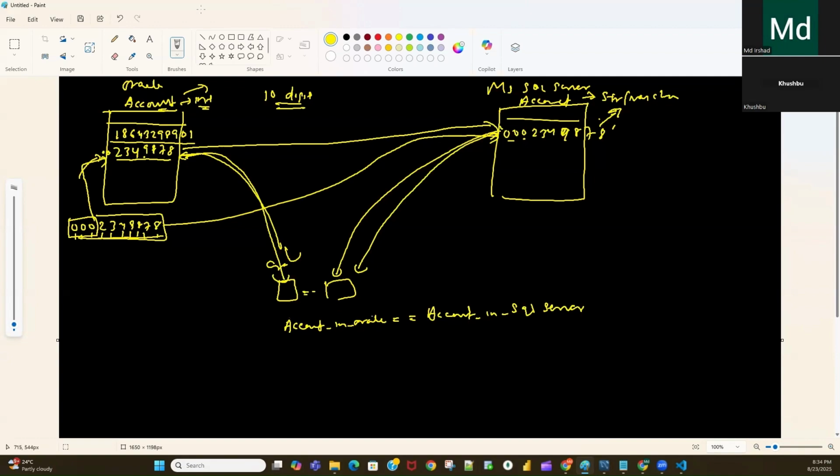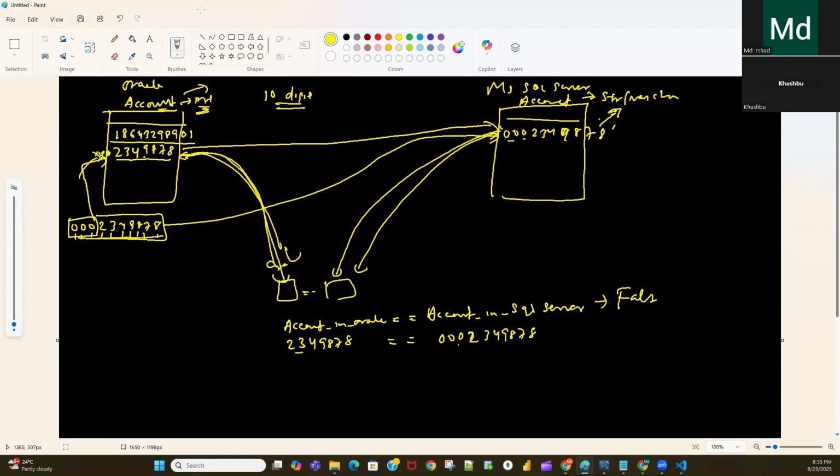So in the Python code we have written this. But from the Oracle database the value comes something like this: 2349887 equal to, from here it is coming 002349887. Actually this data should match, but because here it is an integer type, it will not accept the 00.